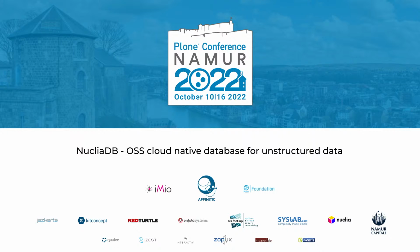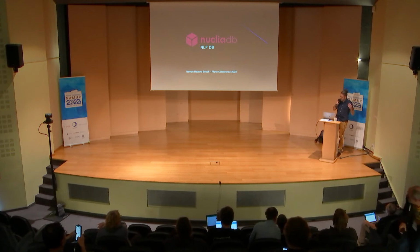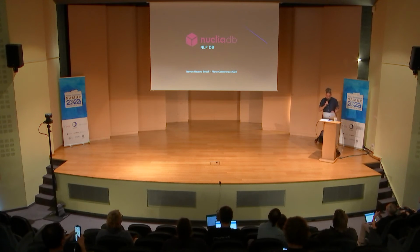Okay, so I'm going to have a talk about my new, shiny project. Just to be clear, I'm not going to talk about Guillotina. Well, there is one slide that appears, but it's not about that. Guillotina is a really working framework, and I really hope that all of you switch your backend to Guillotina. But it's stable; it's being used quite a lot, so it's great and has a good life. I'm going to talk here about another database that is